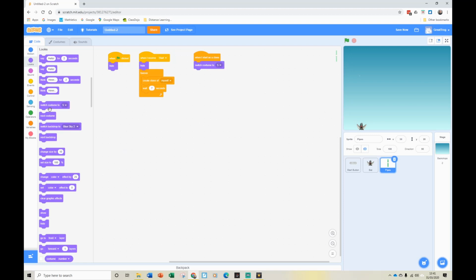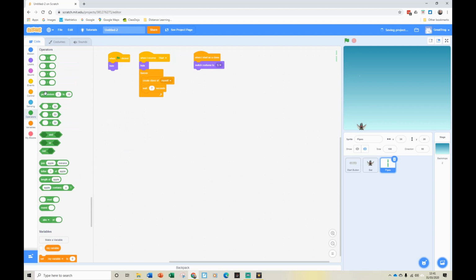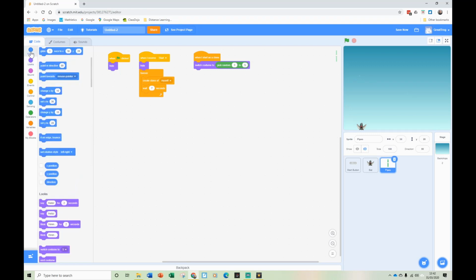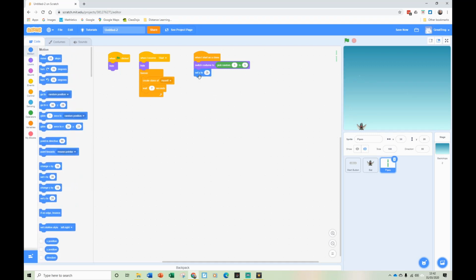So there we go, pick random. Under operators, pick random one, and we've got 5 different costumes available, 1 to 5. Pick random 1 to 5. So when it starts as a clone, it will switch costume, choose randomly one of those 5 costumes we've got, and then we need to set its Y position. We want its Y position to be in the center, and then we'll tell it where to put its X position in a moment. So its Y position, under motion, set Y to 0,